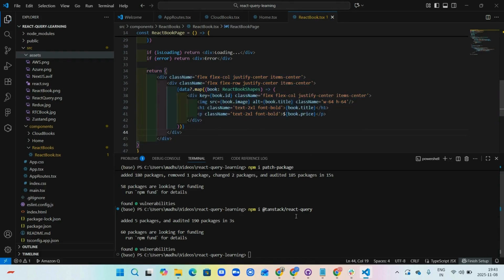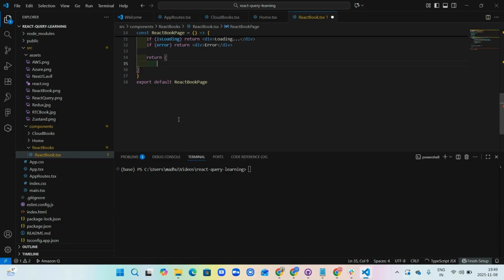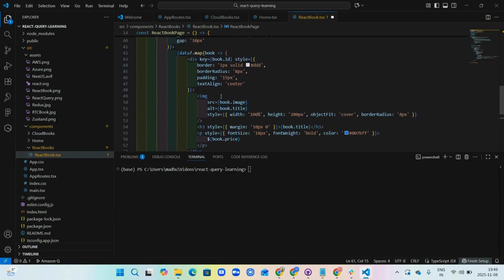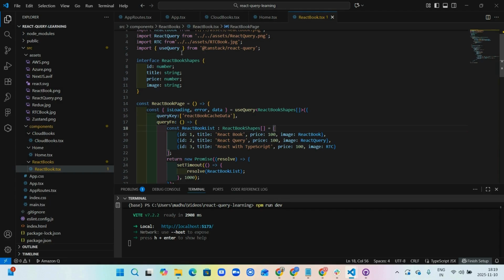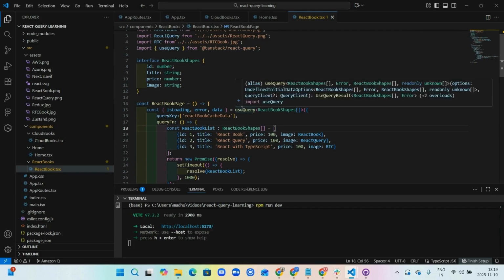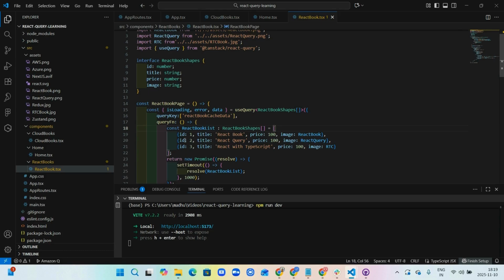I'm going to save this, and I want my UI to be a bit better, so I will just paste whatever I have in my Git repo. I'm going to simply remove this and paste the one which I already have ready for the UI. I will save this. Here, if you see, we have imported useQuery from TanStack React Query. So what this useQuery is doing is fetching the data. For example purposes, I have given local data, but in place of this,